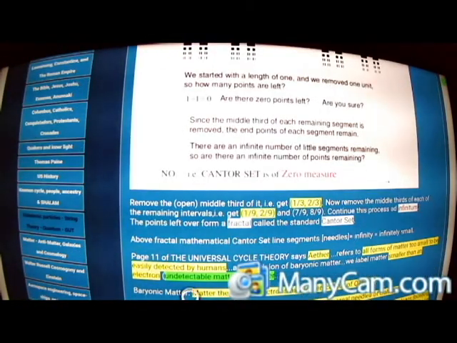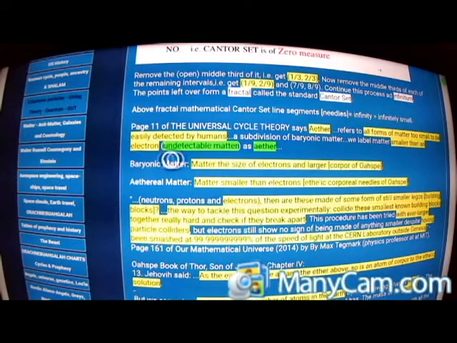And underneath that, baryonic matter, matter the size of electrons and larger, equals corpor of Oahspe. Ethereal matter means matter smaller than electrons, etheric corporal needles of Oahspe in an etheric solution. Now, keeping that definition in mind, that matter the size of electrons and larger is baryonic matter, and ethereal matter is matter smaller than electrons, let's go back to a previous video that I did